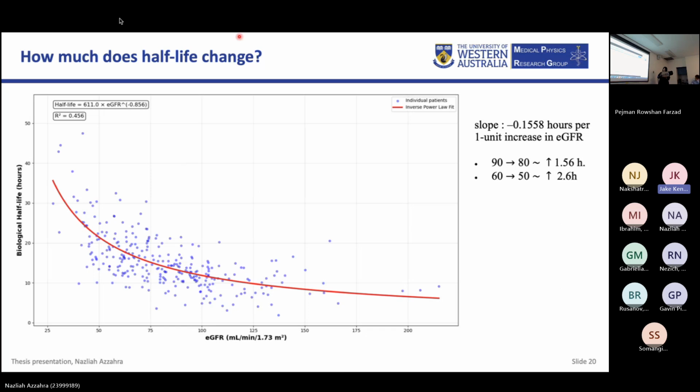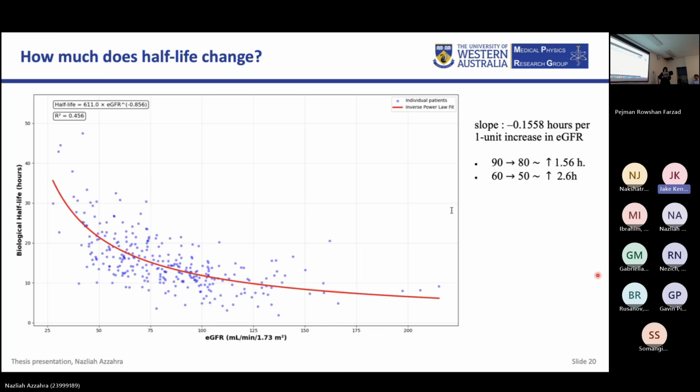This can be seen on the top left. I got the value of R squared equal to 0.456. And the slope is minus 1.558, which means there is